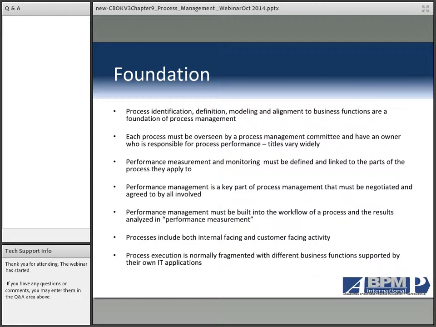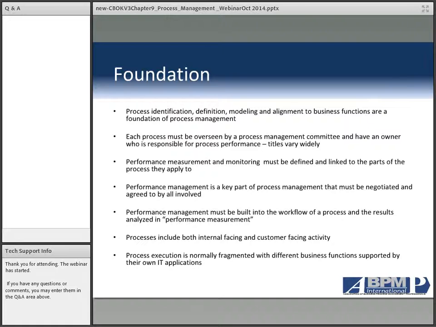But we also recognize that we have to deal with, and we can now, as part of this foundation, set up a way to deal with the overall approach to performance management, both at the process level and then coordinating and aligning it down to the individual business units and their contribution to that performance. We can look at how we are going to manage that, what the key performance indicators are that we're going to be looking at, and how those relate down to each of the individual business units and their contribution to the overall process. Where do we get the data for that? How are we going to measure it?